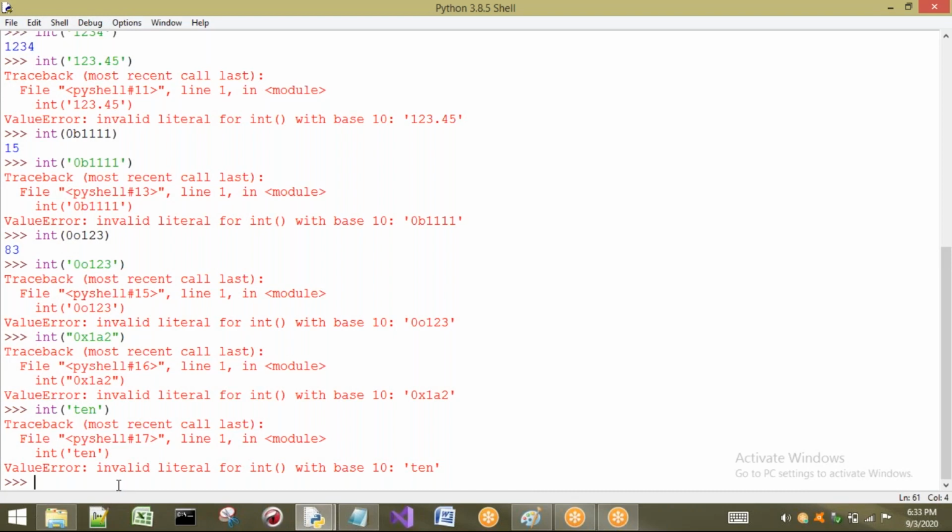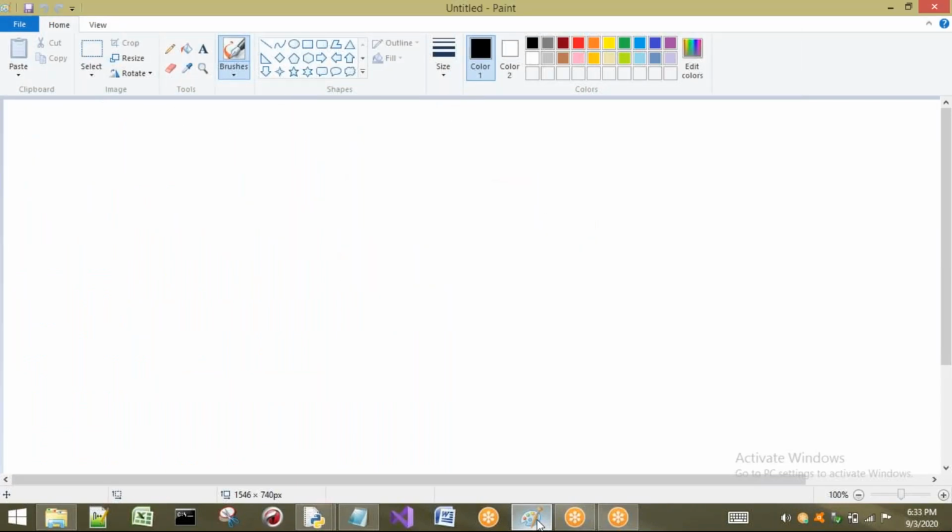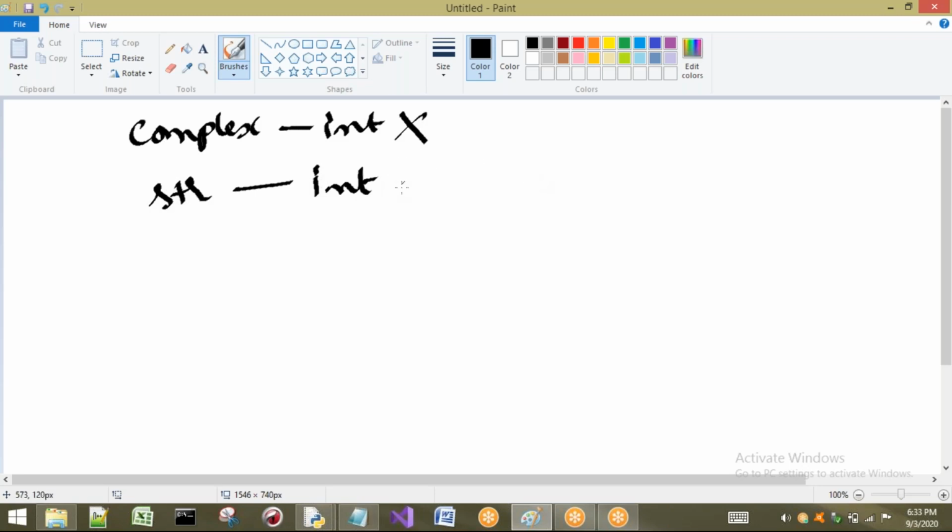Here I am considering all other types to int. That is float to int, complex to int, bool to int, and also string to int. So what are the points we have to observe? We have to observe 2 points. The 2 points are: we cannot convert complex to int, this is not possible. And if we want to convert str to int type, we have some rules.